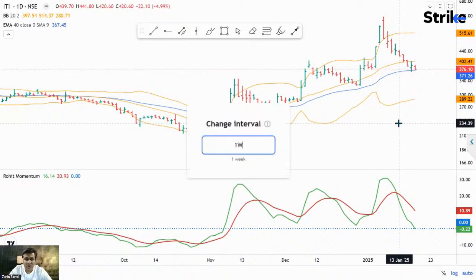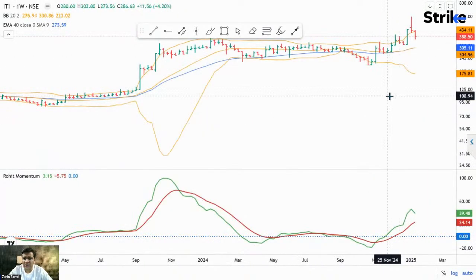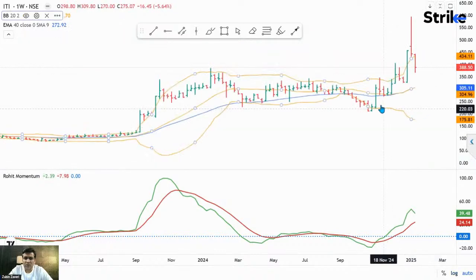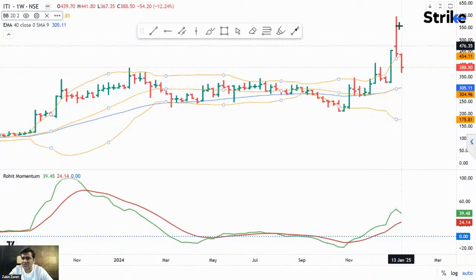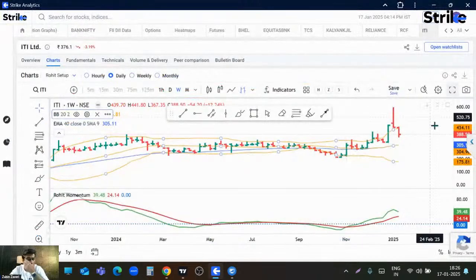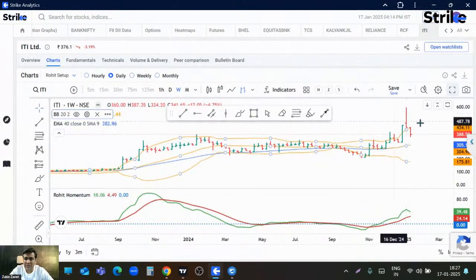All right. What's the scene on the weekly chart? On the weekly chart as well, see, there's a big sell off that happened over here last week, and today there is some continuation. So it may just cool off. Last week it was in focus. It went up with volumes, but now again it's cooling off.